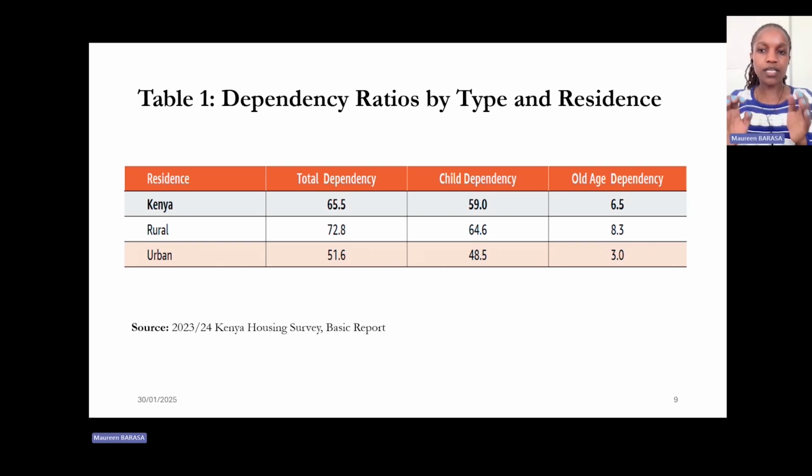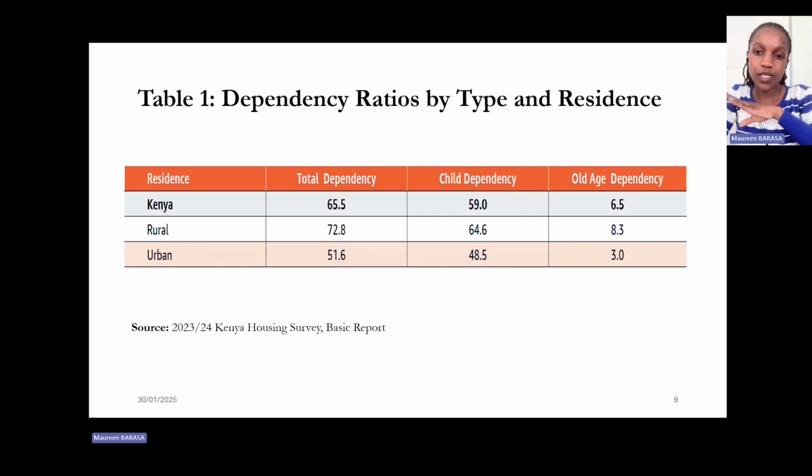So according to these dependency ratio numbers, we'll not go through the whole of it, but we'll just highlight the salient issues. If we look at the national level, the total dependency ratio is 65.5, with more of it leaning towards child dependency at 59, and the old age dependency at 6.5. Then the rural dependency ratio has surpassed the national average, at 72.8 compared to its urban counterparts at